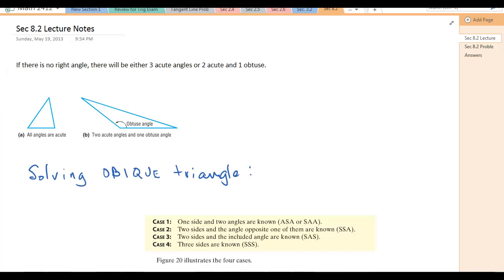All right, section 8.2. Now we're going to be doing some solving of oblique triangles where there is not a right angle. And so you have some cases. You'll either have 3 acute angles or 2 acute and 1 obtuse. And so here's a picture showing those two possibilities. And when you get ready to solve the oblique triangle,